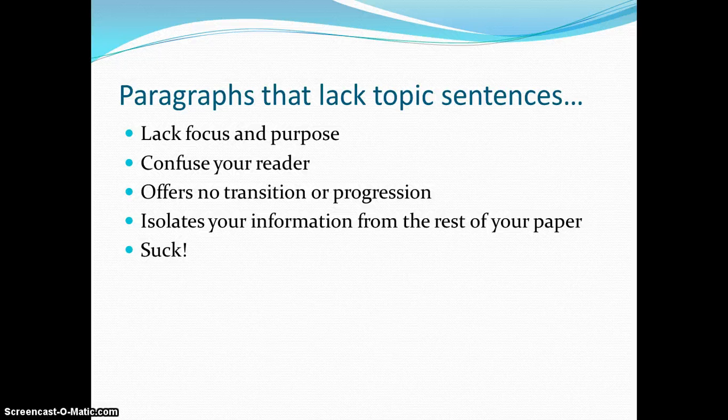Okay, so what happens if you don't have topic sentences? You don't have focus and you don't have purpose, and your reader is left wondering, what on earth are you talking about? You've got five different ideas in this one paragraph. What am I supposed to get from this? That is what's going to happen if you don't have a topic sentence. It also offers no transition from the previous paragraph, and it offers no progression in your essay as a whole. Your first body paragraph